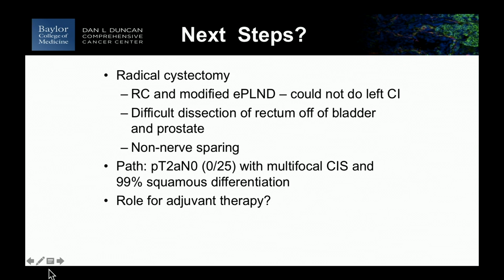Keep in mind that you can have disparate responses in the tumor in the bladder and the metastatic sites. Now, of course, he didn't have metastatic disease, but we're treating on the assumption that there's an increased risk of occult metastatic disease. And then the question here would be, is there any role for adjuvant therapy in a patient with residual muscle invasive disease after neoadjuvant chemotherapy? The answer to that is not yet, but there's a bunch of trials going on with some of the IO agents that will